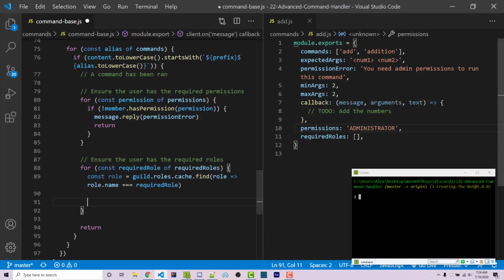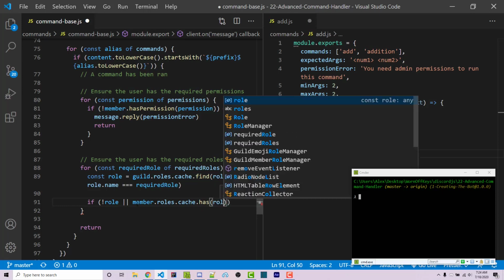So let's say that I were to add a math role here, but I actually forgot to make that role. That would still complain to the user. This way, it forces the functionality to require that role, and so the owner of the Discord can then go and make that role. So we can say if not role or